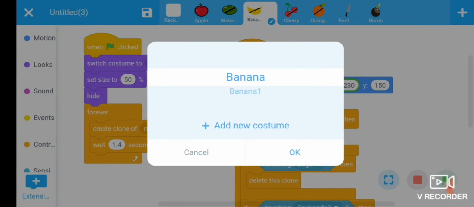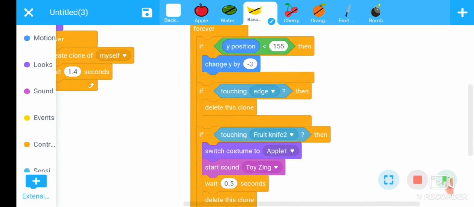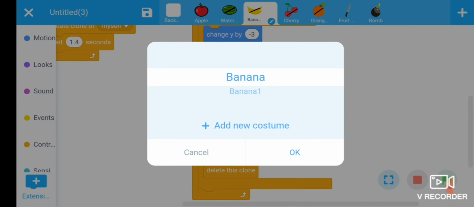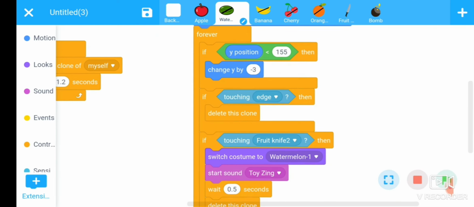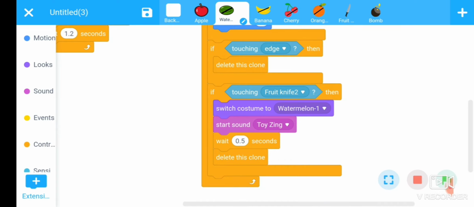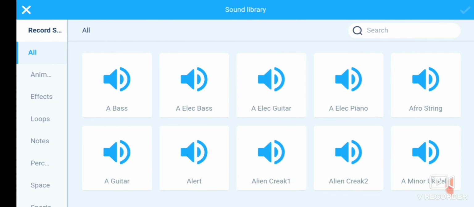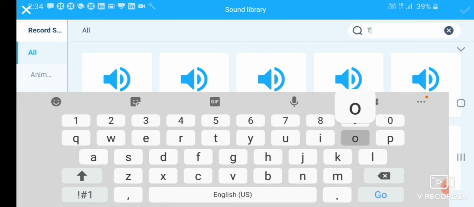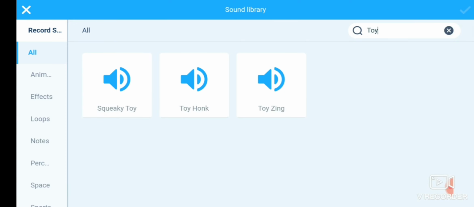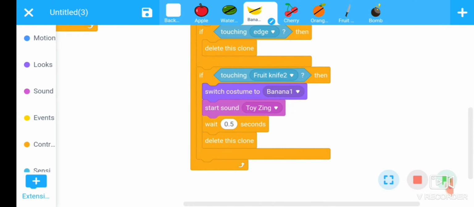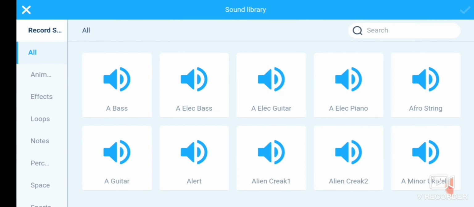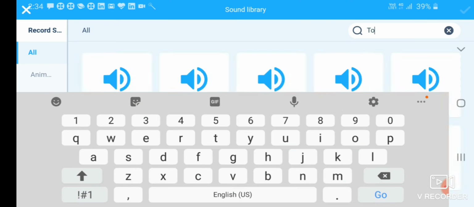Replace apple sprite with banana sprite, and also add here banana. One more thing is that you have to also add here sound. This is a must. Add here sound.